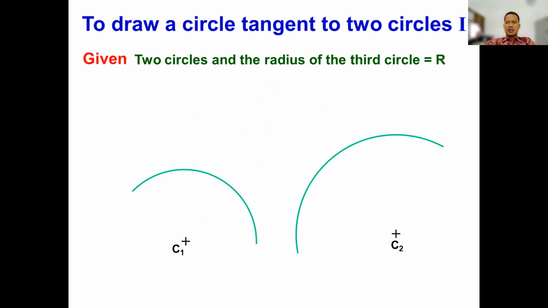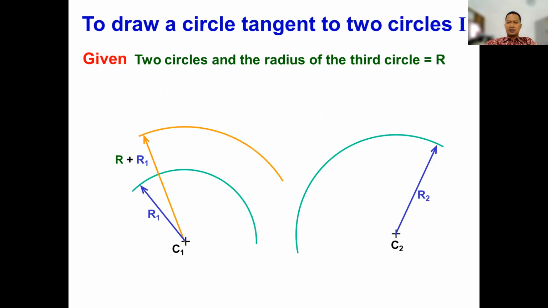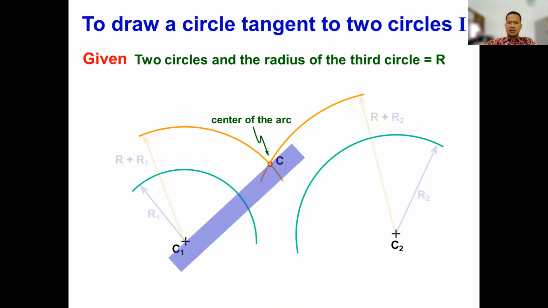To draw a circle tangent with two circles, given two circles and the radius of third circle is R. For example, we have R1 and R2 with the center of C1 and C2. Then continue to R plus R1, R plus R2 to find the intersection in here, and then continue to make a